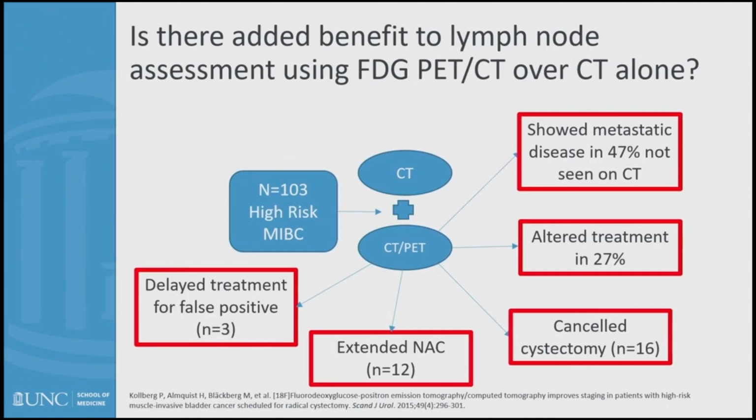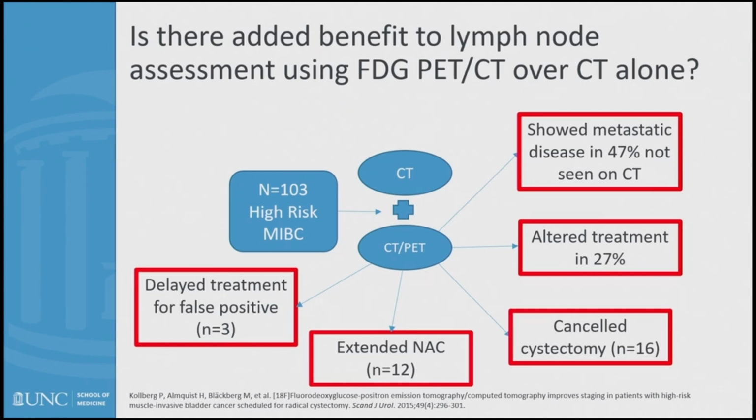But really, is there a way that we can add benefit to lymph node staging by using FDG PET instead of CT alone? Well, there's a number of groups that looked at this. There's one group here you can see that took 103 patients who all had high-risk muscle-invasive bladder cancer and who were all candidates for cystectomy. They all got a standard IV contrasted axial CT scan, and then they also got an FDG PET CT, and